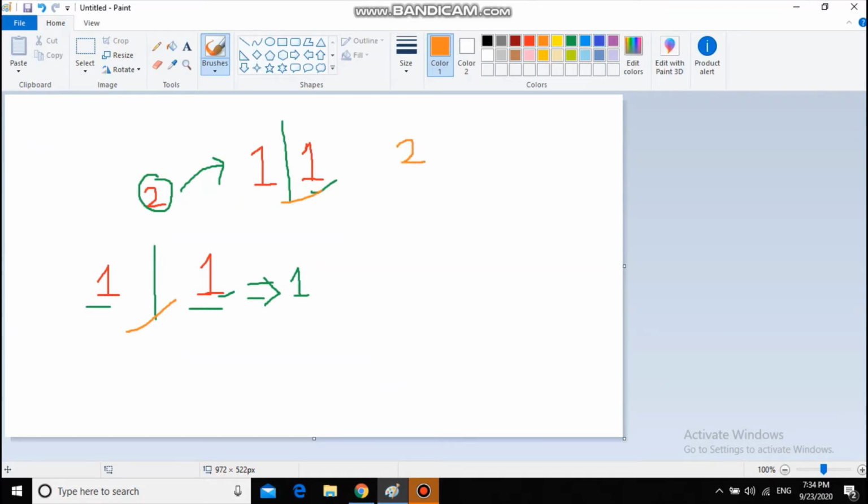So how to solve this problem? The general idea is, if we are given n cubes, we will split them into three parts: n by 3, n by 3, and the remaining n by 3.